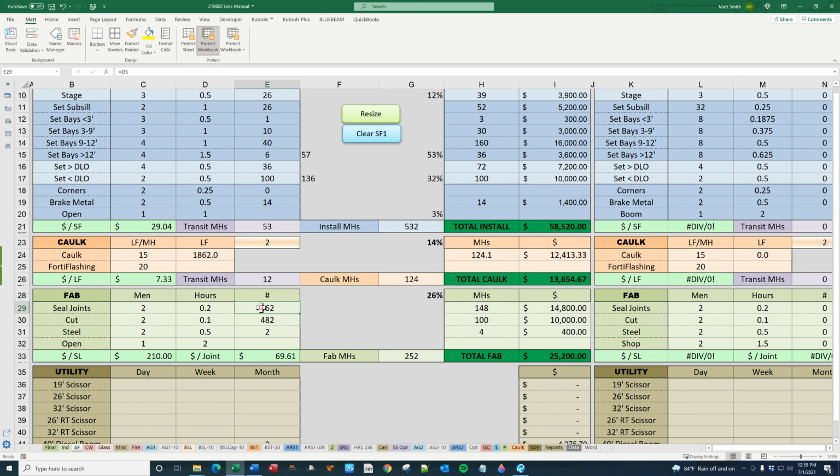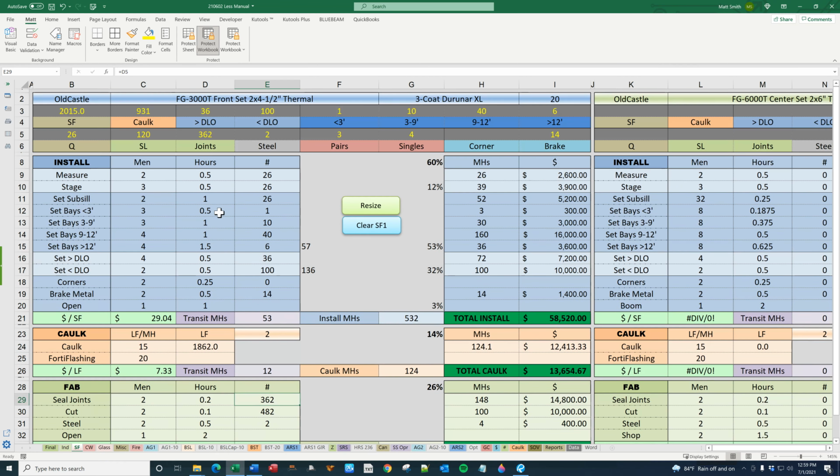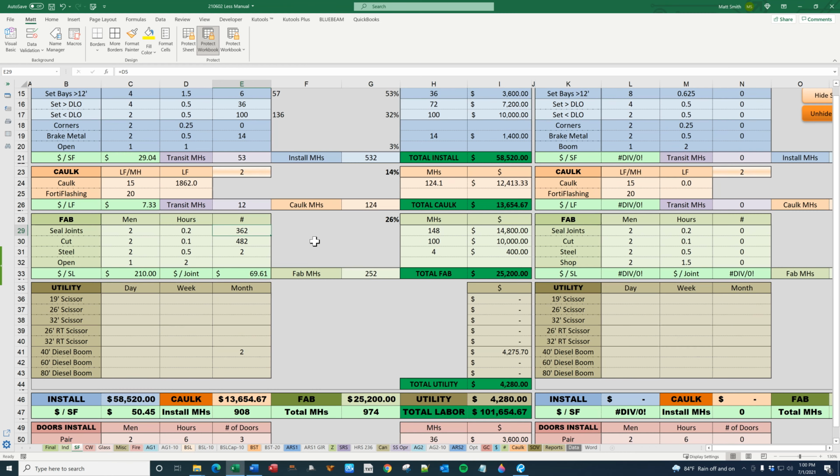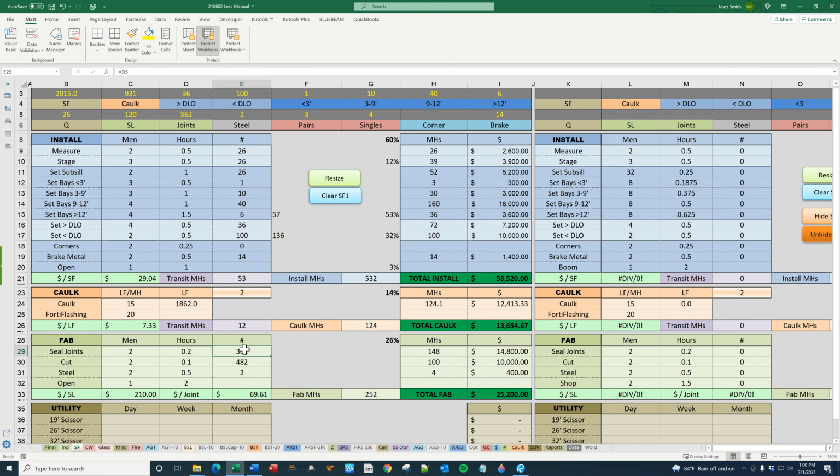Fabrication is currently set to the number of joints for seal joints, and cut is equal to the number of joints plus the stock lengths. I don't really have an explanation as to why I did it like that. That's just how I do it. You can adjust this however you see fit. Steel is equal to steel here